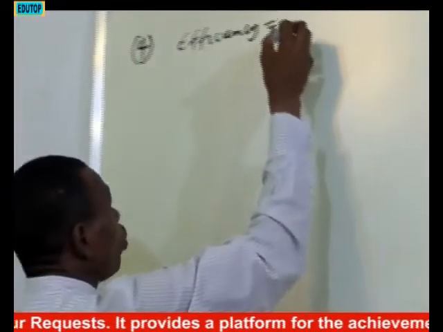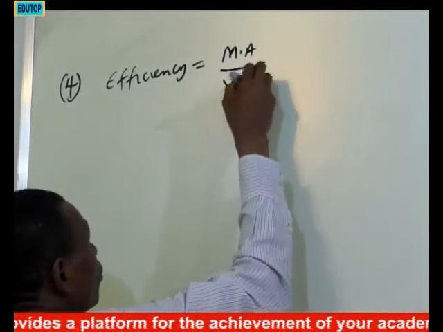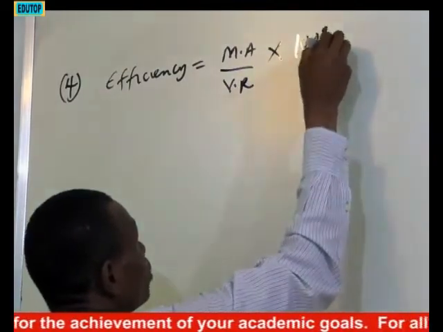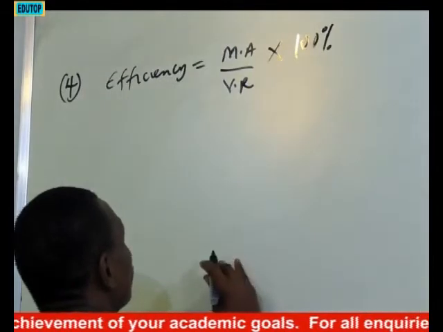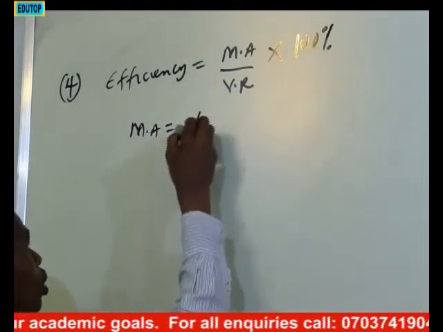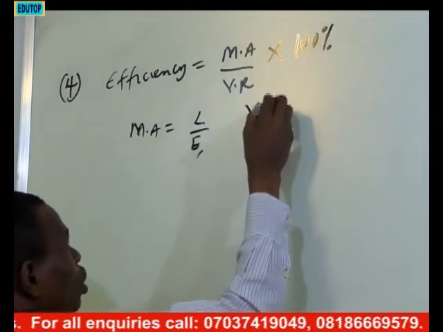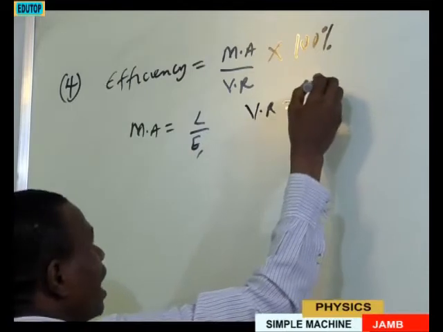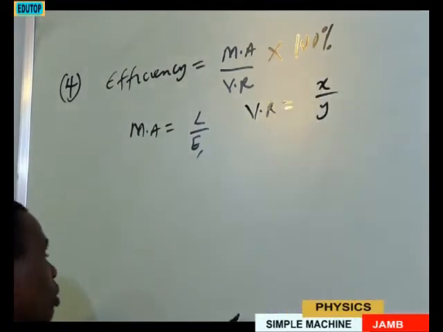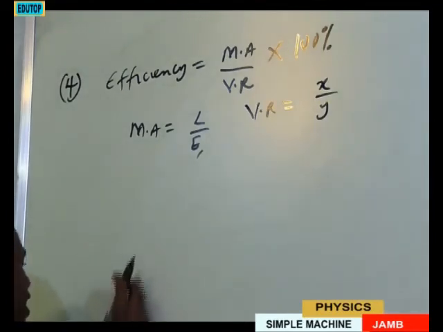efficiency to be equal to mechanical advantage over velocity ratio, that's times 100%. In this case, mechanical advantage is load over effort. Our velocity ratio, let's take it as x over y, because we define velocity ratio as distance moved